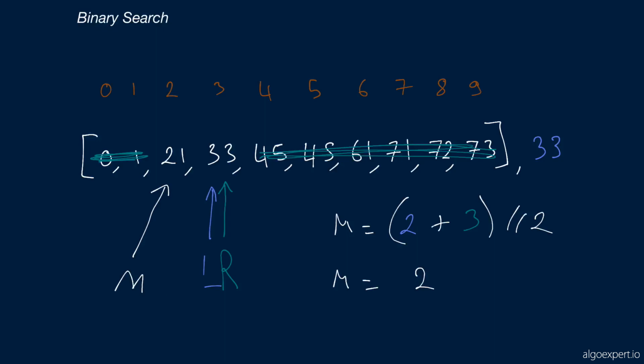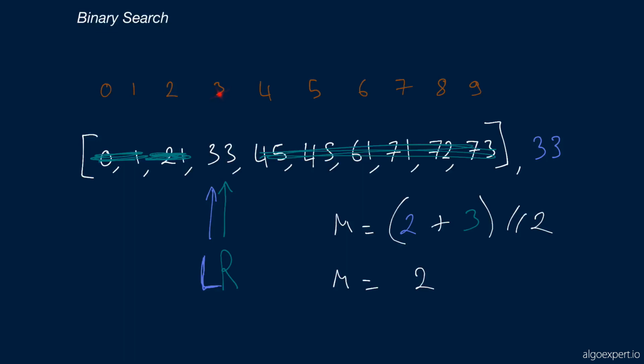And now we've got our left pointer, which is overlapping with our right pointer. And we can eliminate the middle pointer, or we can erase it, and we can eliminate this entire half of our 2-number array, which is just one number, the number 21. And so now our left and right pointers are overlapping each other. They're both pointing to one number, so that's going to be our middle number. If we apply the formula, we just do 3 plus 3 divided by 2, that's 3. And here, 33 happens to be the number that we're looking for, so we are done, and we can return